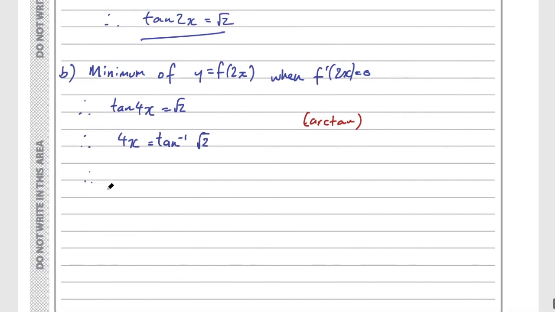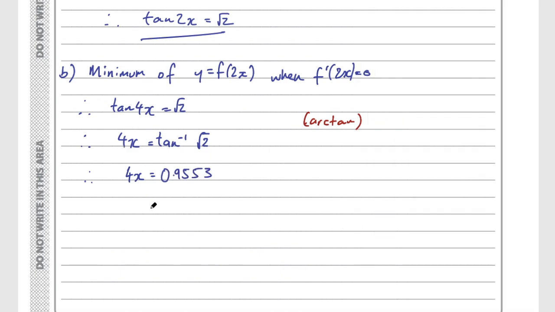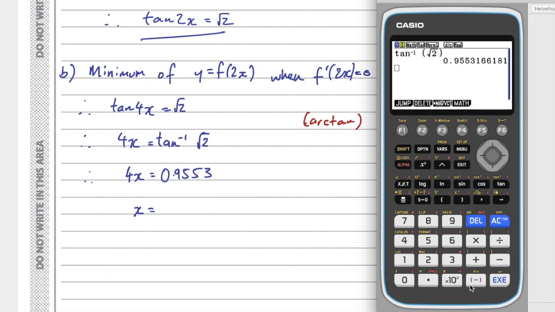And so therefore 4x equals the inverse tangent of root 2. So let's put that into a calculator. Remember that for this question you need your calculator in radians because we're talking about functions with respect to pi. So we need the inverse tangent of the root of 2 in radians. So this is going to be 0.9553 radians approximately. And then to find x, we need to divide that by 4. So x is going to be that answer divided by 4, which will be